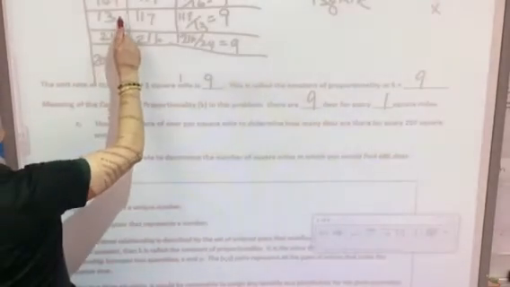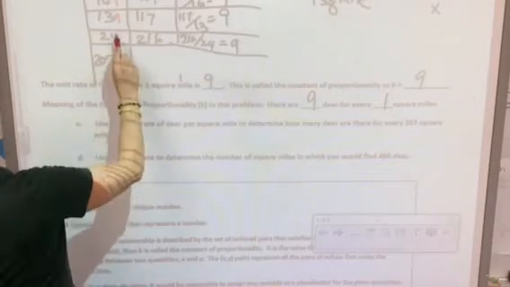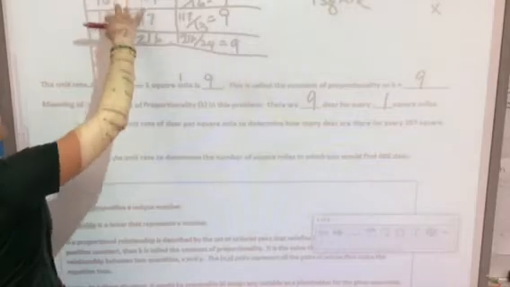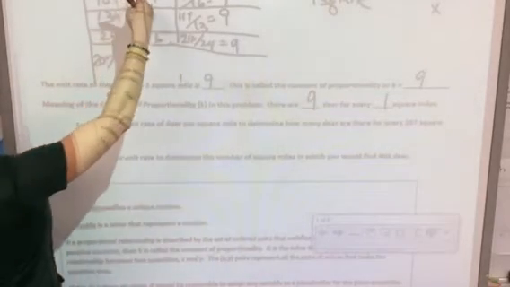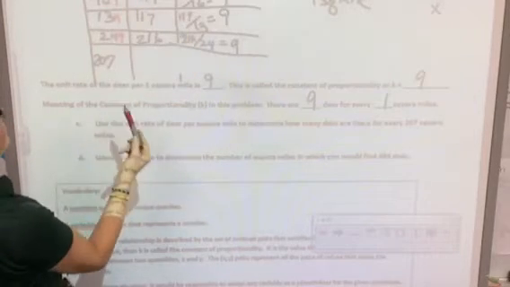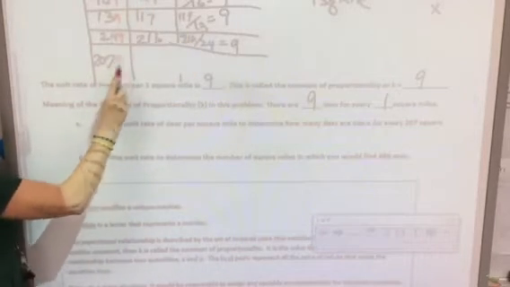If we take 9 times 13, we get 117. If we take 9 times 24, we get 216. So instead of moving this table all the way down and counting out and adding 9 every time, all we really have to do is multiply 207 by 9. So that means there'd be